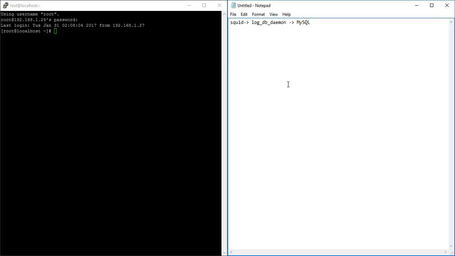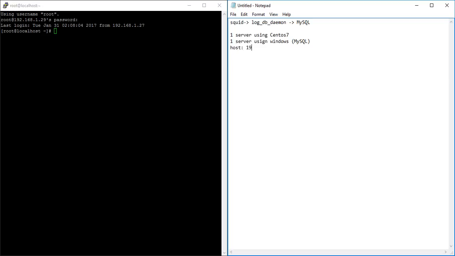This is the simple flow for storing my log to MySQL database. So in this case, I have set up one server using CentOS 7 and one server using Windows with MySQL in that server. So I will store my log for Squid in that server with credential.